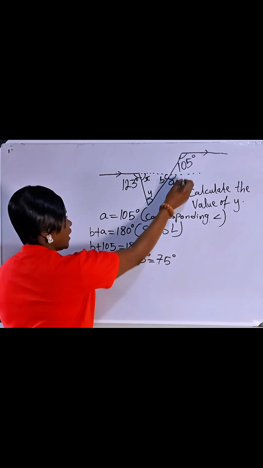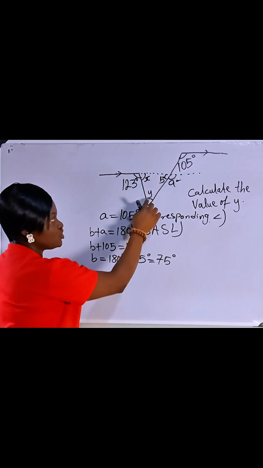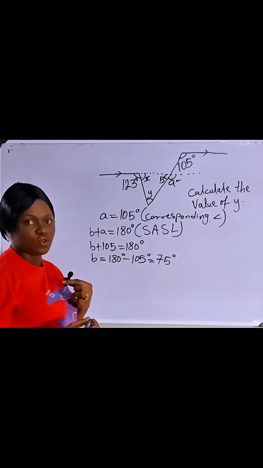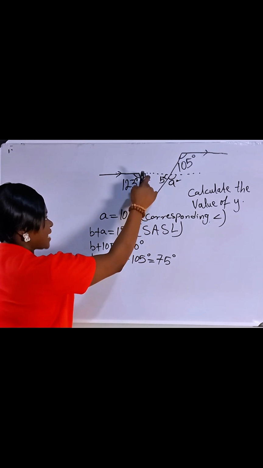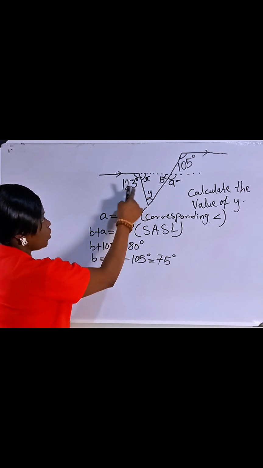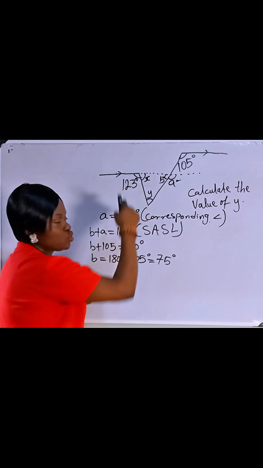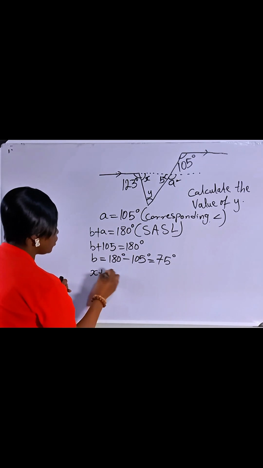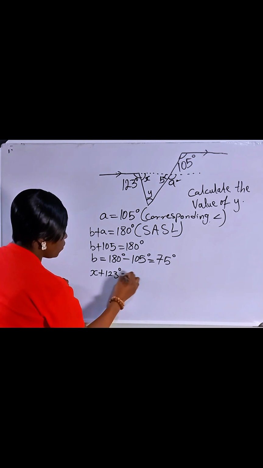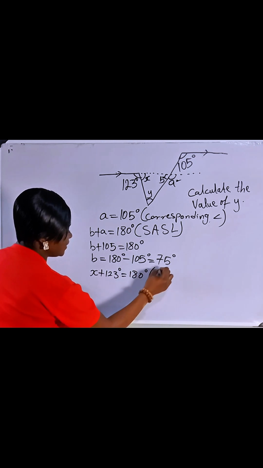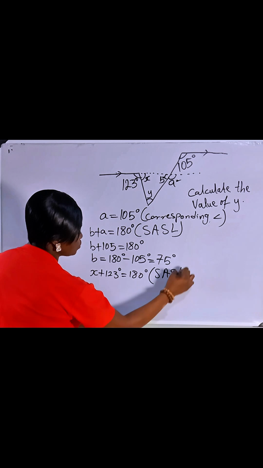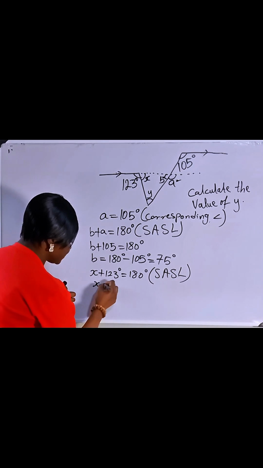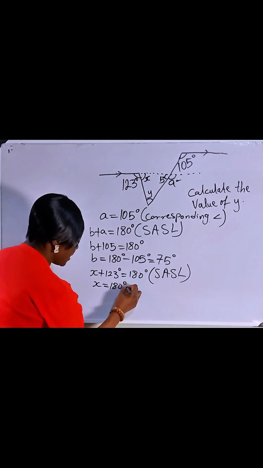So we have gotten this value and also this value. Remember that we are trying to solve for y, and it can only be possible when we have all these values. So from here we have to find X. And note that X and 123 degrees are also on a straight line. So for that reason we are going to have that X plus 123 degrees equals 180 degrees, for the same reason: the sum of the angles on a straight line. So from here we have that X equals 180 degrees minus